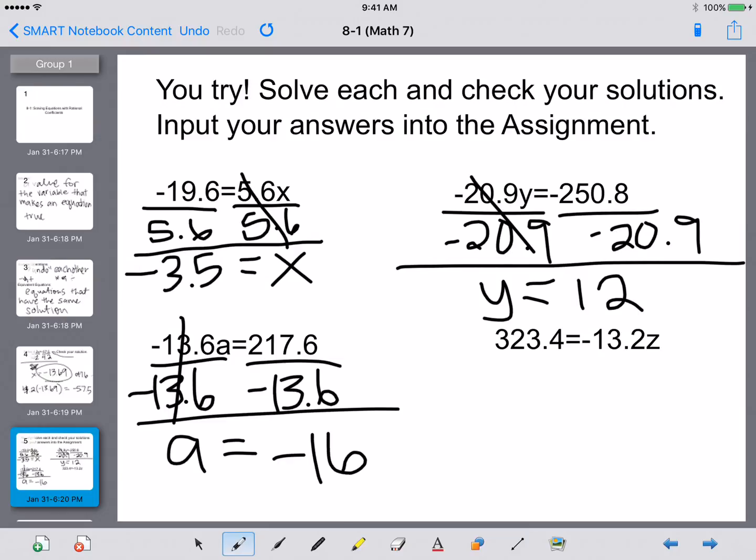Going back, to check my answer, I'm going to plug in the 16 here for the A. So I have negative 13.6 times negative 16, and I get 217.6, so we did that one right too. And finally,